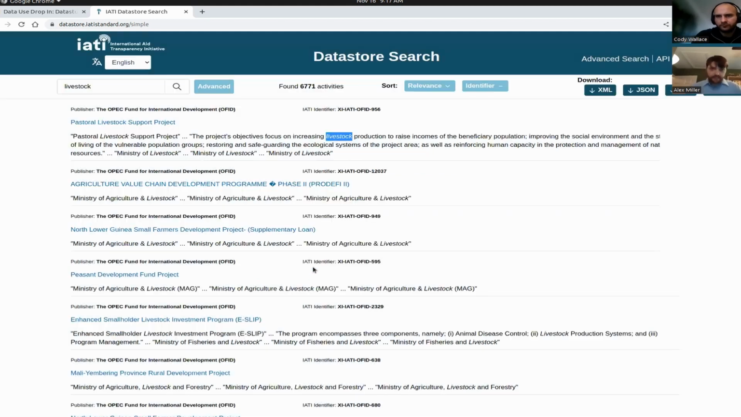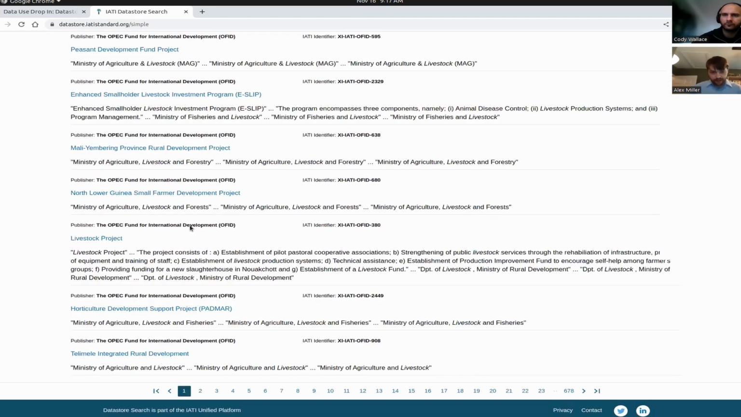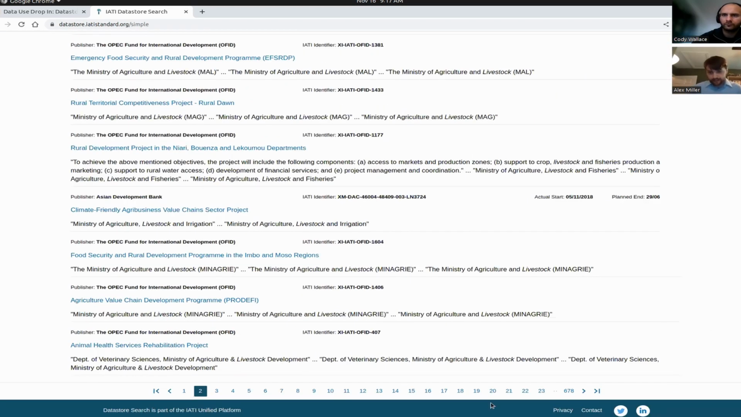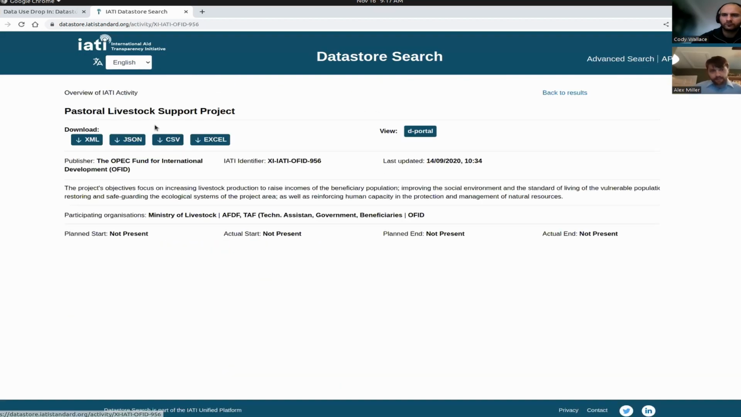But instead of downloading 6,000 activities live on the call, we can take a look at a couple more features. So this is the display of activities. You can paginate through them just like this. You can go to the last page if you want by clicking that button. And by clicking on the title of any given project, you get a small display of some of the basic